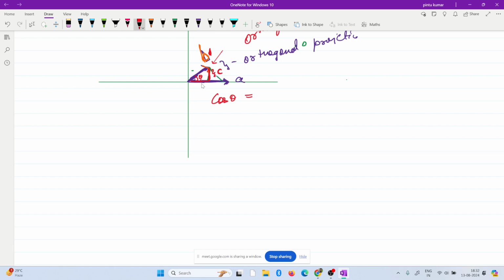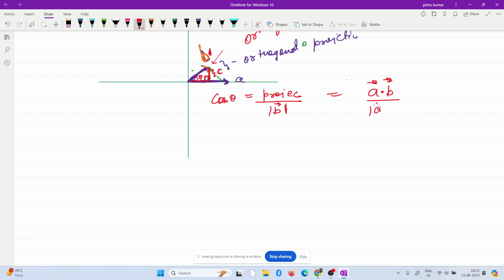Do you recall what is cos of theta? This is base, that is the projection, and this is 90 degree. So that has base upon hypotenuse, upon the length of b, right? This is cos theta, and also you have cos theta given by a dot b